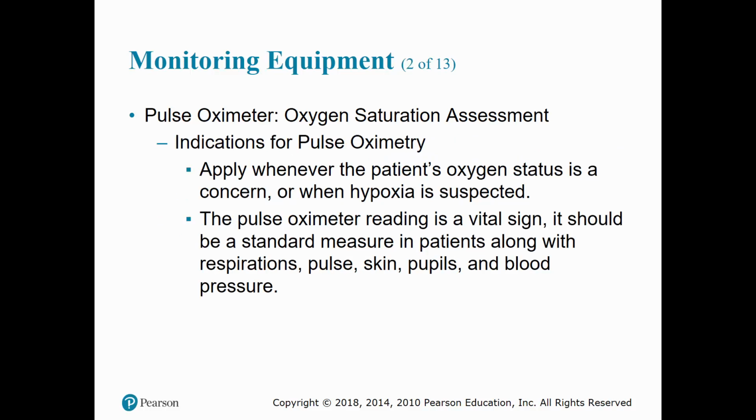An SpO2 reading of 90% or less is a definite indication of hypoxia. Assess your patient carefully, paying close attention to the respiratory rate and tidal volume. They may need to be ventilated if either the rate or tidal volume is found to be inadequate. Whether the patient requires assisted ventilation or not, apply oxygen to the patient. Be aggressive in your management of the patient, bearing in mind that the result of severe and prolonged hypoxia is